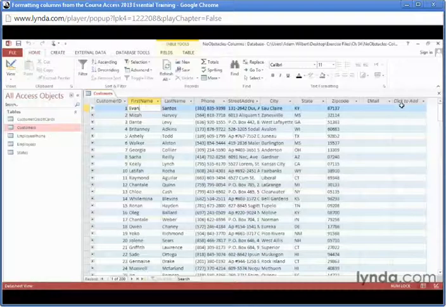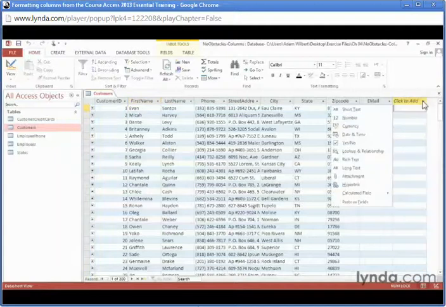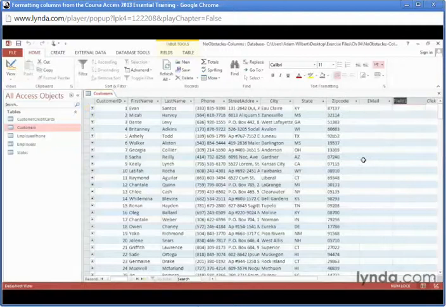One place where we can apply a different formatting in a table is when the field is a rich text-enabled long text data type. Let's add one to our customers table. On the far right, I'll click here to add a new column. And I'll choose rich text. I'll give it the name comment and press